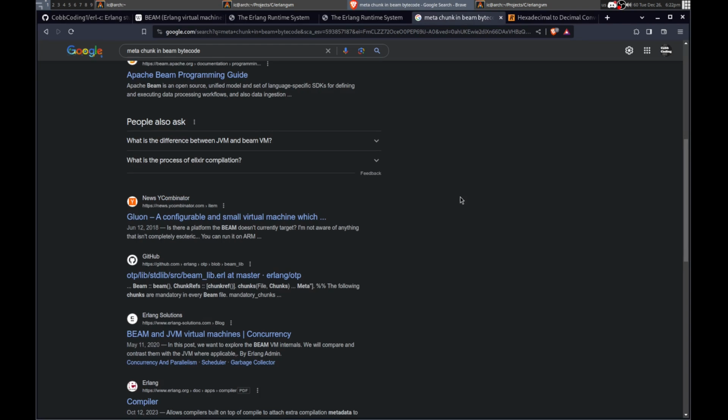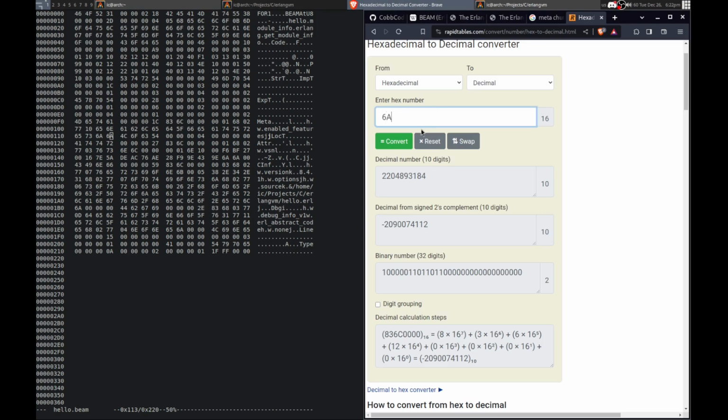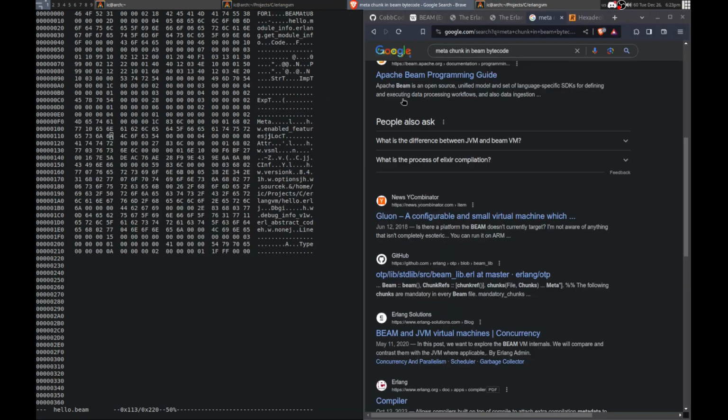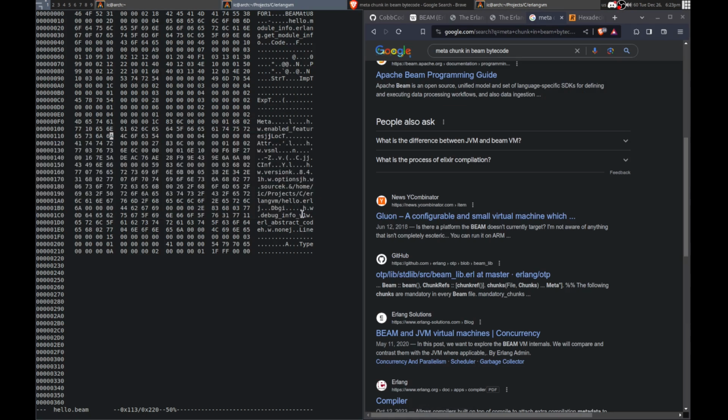I don't know what it is for then. So what is the only thing? Enabled features. And then we have 2 more things here. But they're not alignment. 6A, 6A. So what does that mean? And I can't really just skip past this.